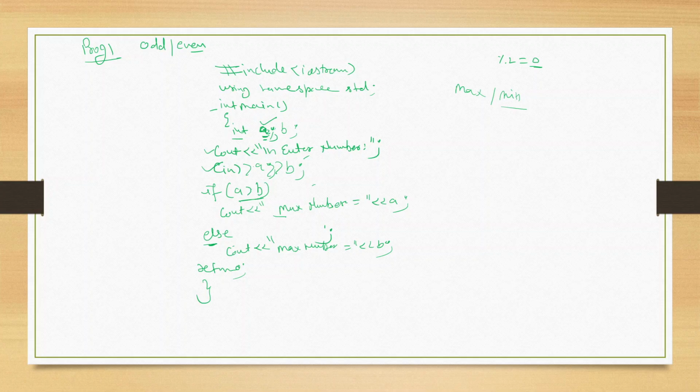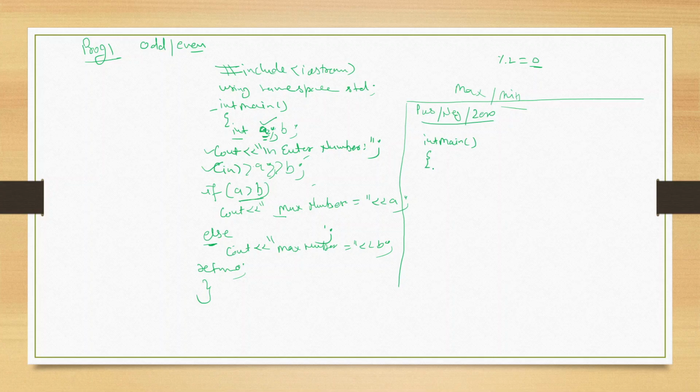There are lots of examples, odd, even, maximum, minimum, and as per your requirement you can use the if selection based statements. Positive, negative. If you want positive, negative or 0, if you take a single number and you want to know what type it is, whether it is a positive number, a negative number or a 0 number, then you have to write simple if else statements. After the int main,